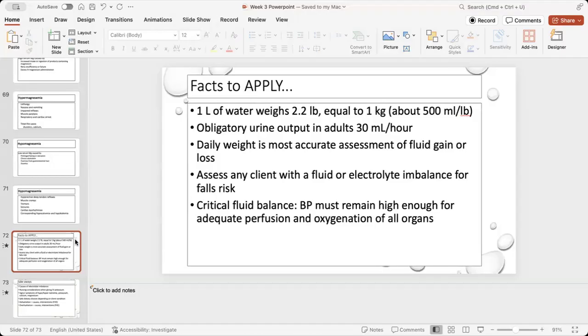All right, 7.31, high, low, or normal? Low. 55 for CO2, high. 34 for bicarb, high. Is it alkalosis or acidosis? Acidosis. Is it a metabolic problem or a respiratory problem? Respiratory. How did you figure that out? Opposite arrows. We always look at the pH first, right? Is there anything that's equal to a down arrow? Nope, so we know it's a respiratory problem because our arrows are opposite.